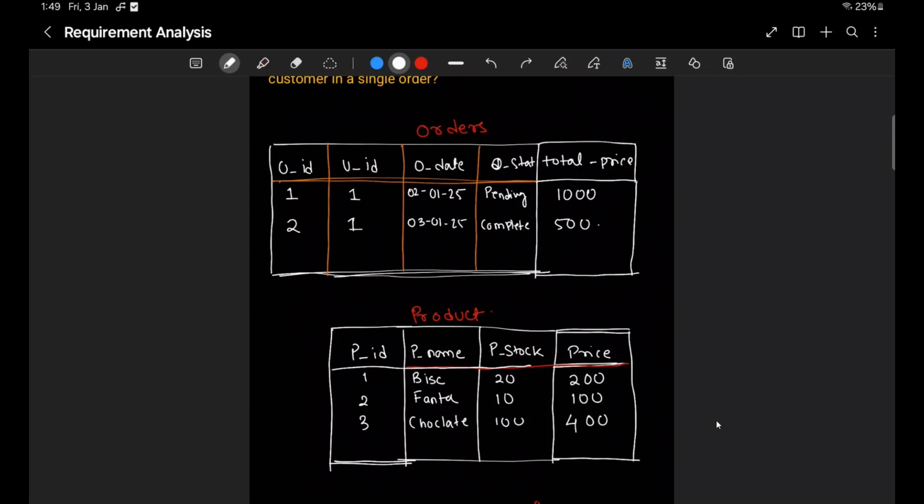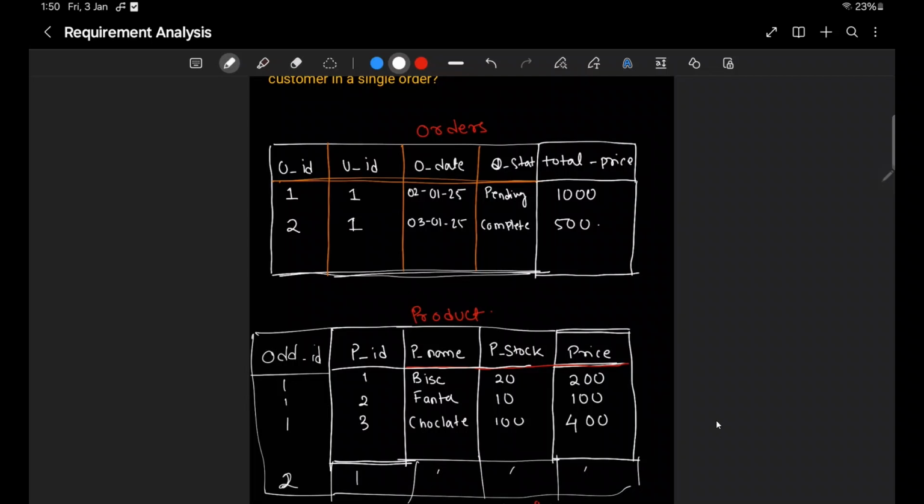To clarify the relationship between products and orders more simply, let's try to add order ID directly in the product table to show which products were ordered.